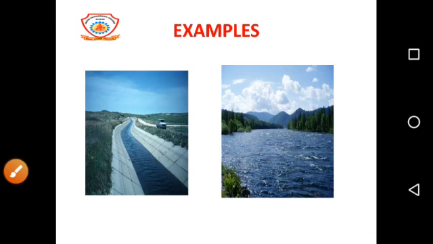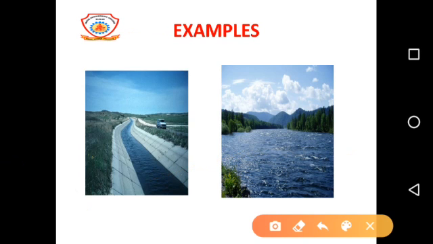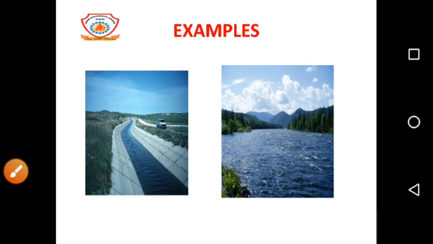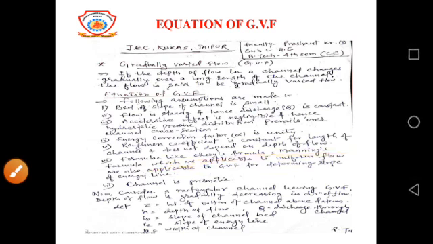Now in the next slide you see that the first one shows the prismatic channel and this one shows the non-prismatic channel. Okay, ये prismatic channels हो गया और ये नॉन प्रिज्मेटिक चैनल्स है. यहाँ देखो क्रॉस सेक्शन चेंजिंग, बेड ऑफ द स्लोप इज चेंजिंग, whereas it remains constant in prismatic channels. Okay, now we will discuss